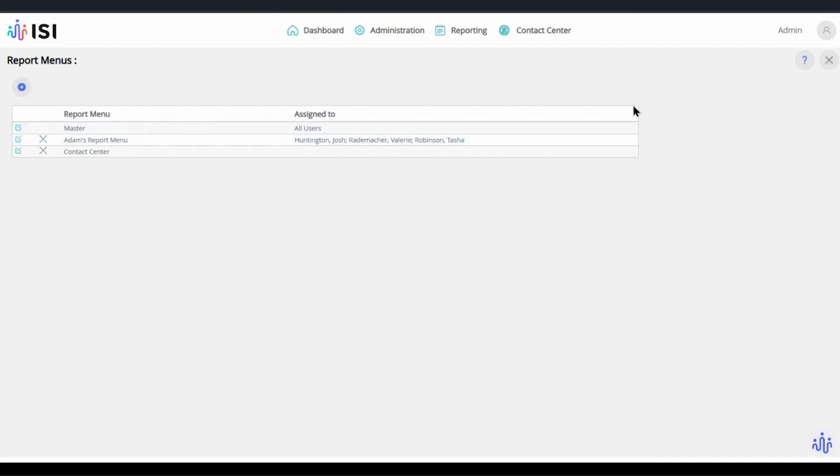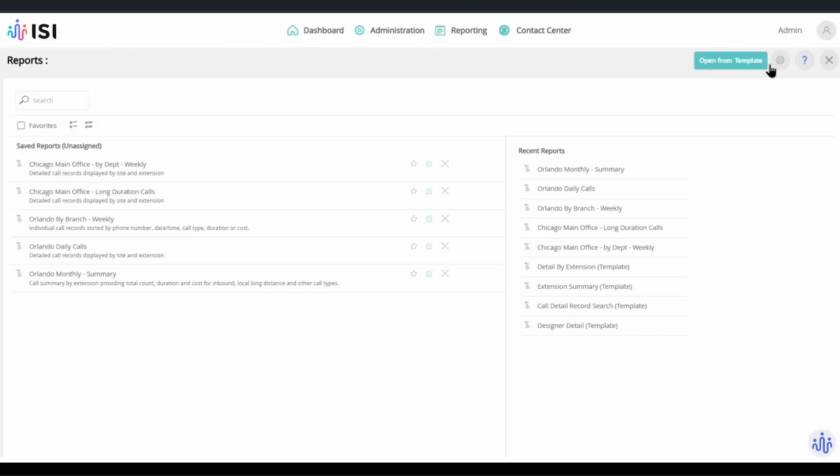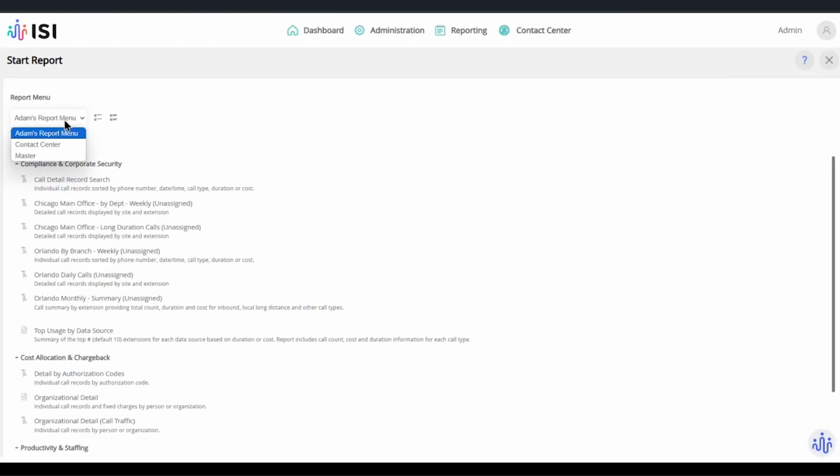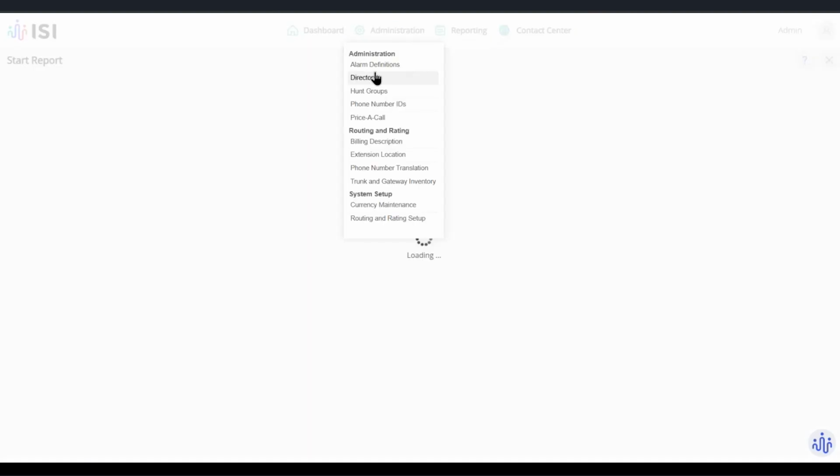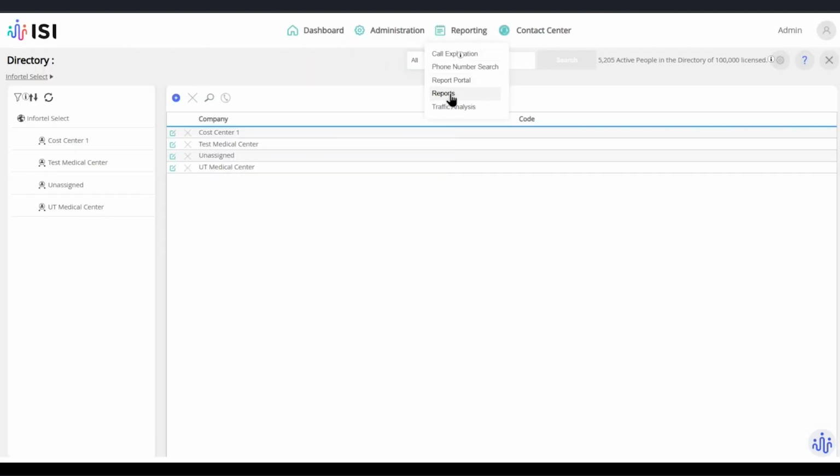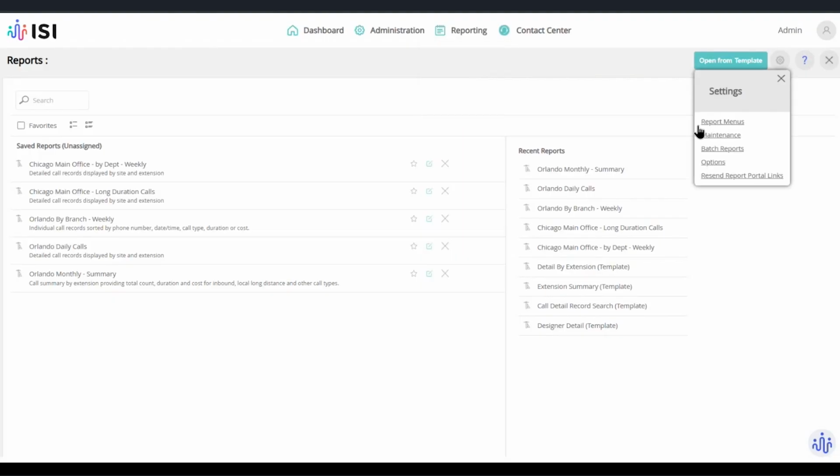And to showcase that, if I go back out and go into templates, my report menu is still here because I created it. I'm going to be able to see it. Actually, it may not. I might need to come back out. Let's go ahead and test that. Go into reports and go into templates. It might be because I'm an admin.